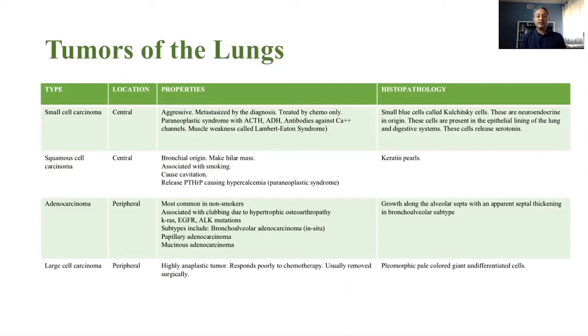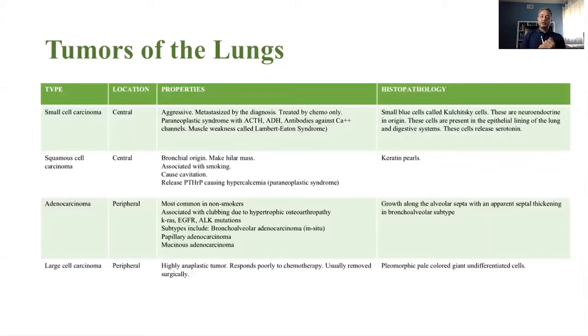All right, so that is one important thing in small cell carcinoma. The second important thing for small cell carcinoma is that these arise from the Kulchitsky cell, which are neuroendocrine cells present in the GIT and the respiratory epithelial lining. These cells normally produce serotonin. When they become carcinogenic, I'll show you a slide, they become deeply blue in color, and you can very easily identify them. They're just lots of blue colored cells.